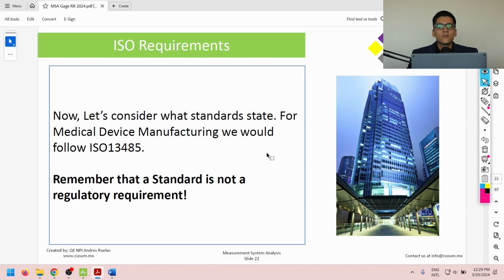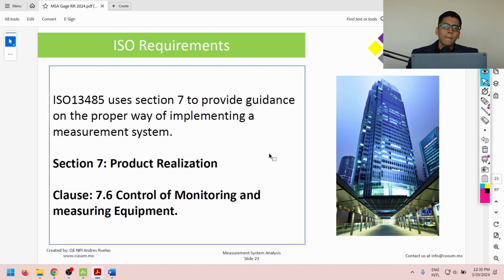ISO provides us with ISO 13485. Please remember that ISO 13485 is a standard and not a regulatory requirement. That means that if we do not meet the standard, we simply do not get certified, but there is no jail time. Okay? Now, ISO 13485 uses Section 7 to provide guidance on the proper way of implementing a measurement